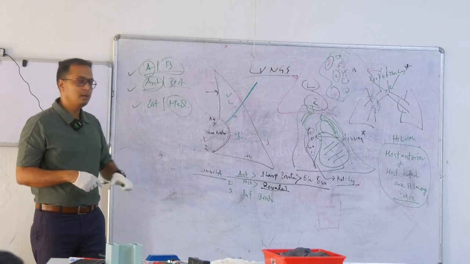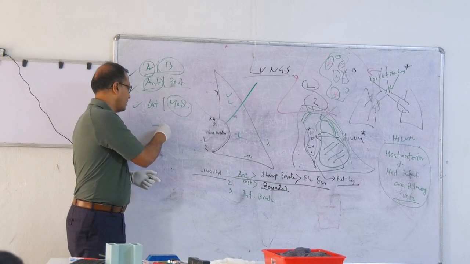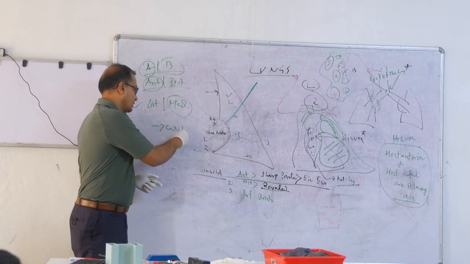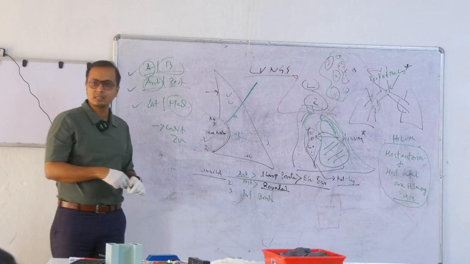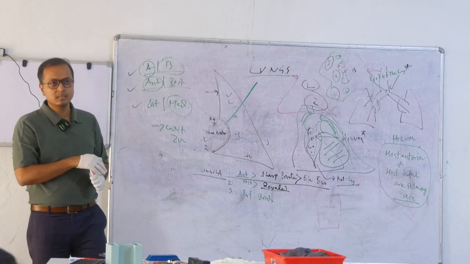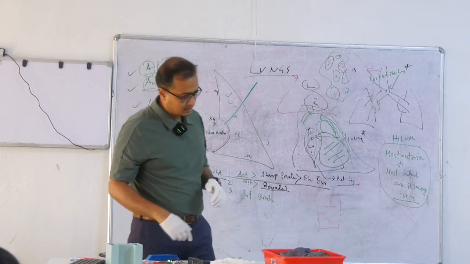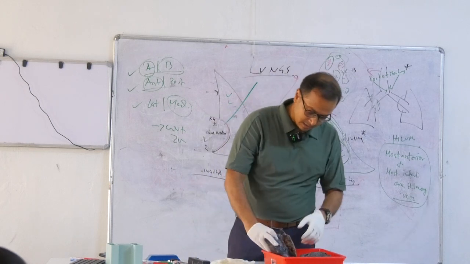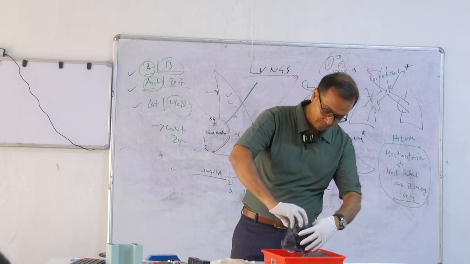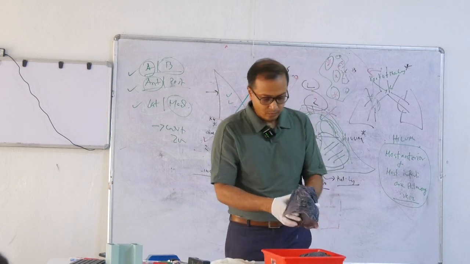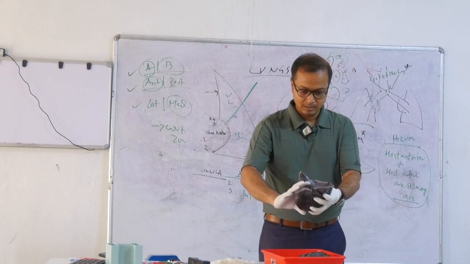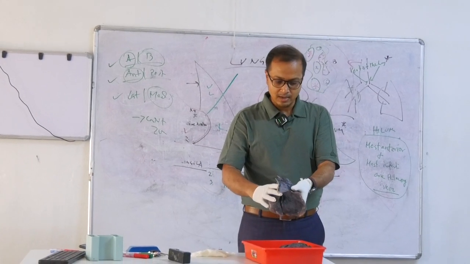Once you have identified these, you have to identify the cardiac notch. And then the lobe number, you can corroborate with it, that it is 2 or 3, etc. So we have 2 lungs like this with us, then we have to know which is the apex, which is the base. So once you identify it,